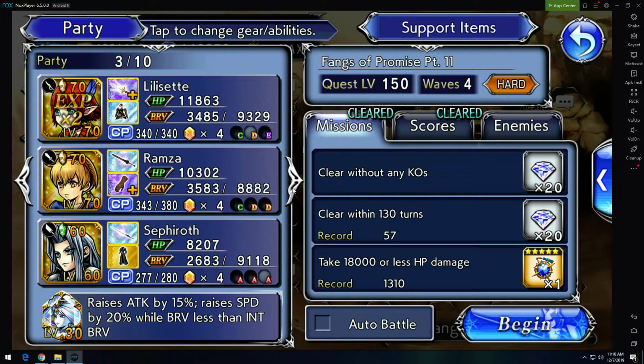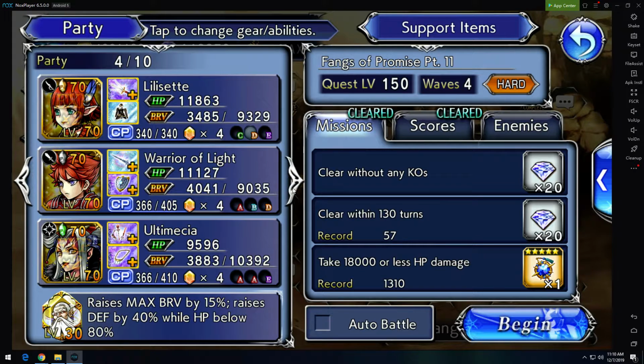Downside here, no healing, right? Lilisette, because of the battery she gives and the defenses, she really is an enabler of non-tank parties. That being said, I do want to highlight one way that she does work really well with a tank, and